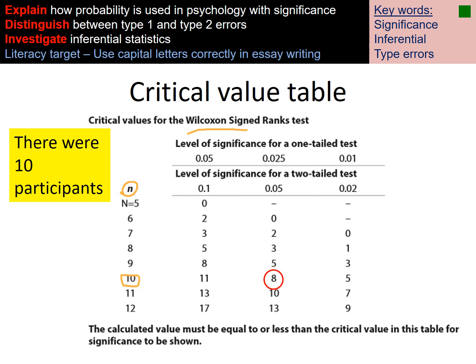Up here as well, you need to identify whether you've got a one-tailed or a two-tailed hypothesis, and obviously that tells you then which level of significance you're going to use, but it will tell you that in the exam. So it will say, are your results significant for a one-tailed hypothesis at the level of 0.01, in which case you're obviously looking at that one. I'm going nice and standard here, so I'm going to do a two-tailed test, and I'm going to imagine that I've got 0.05, because we know that that's the baseline, that's the standard for psychology for my 10 participants. So I go down, I go across from 10, and I can see that my critical value here is listed